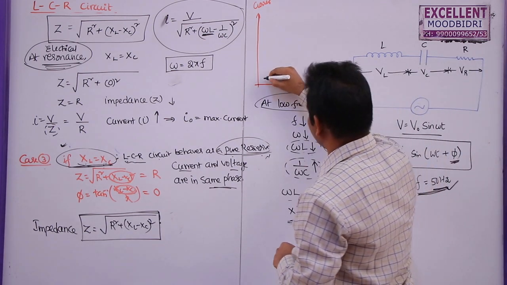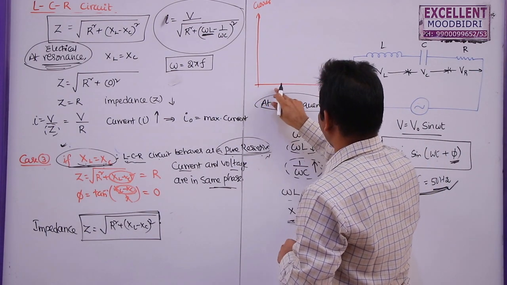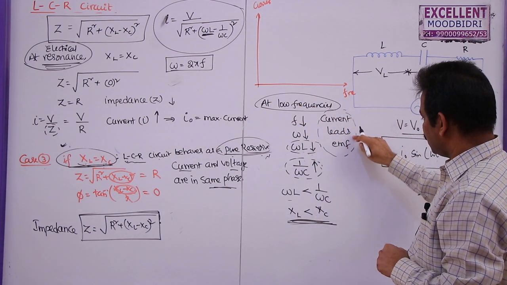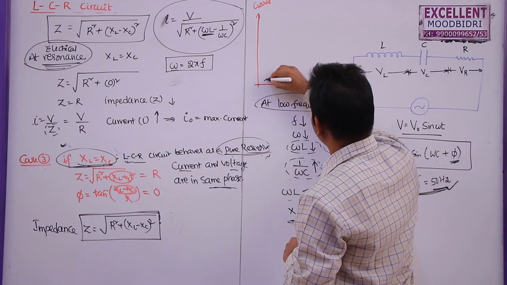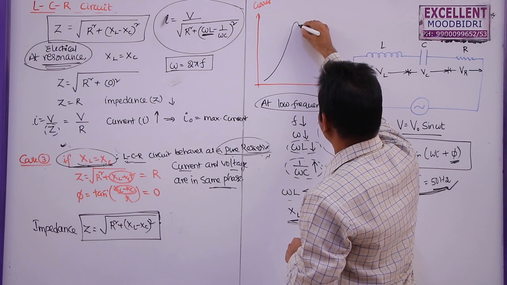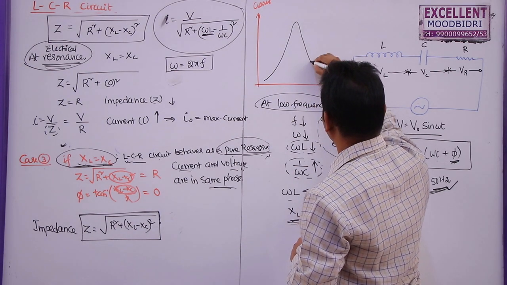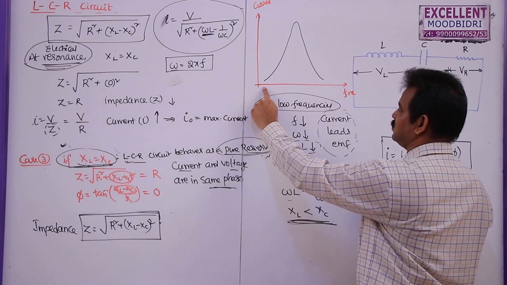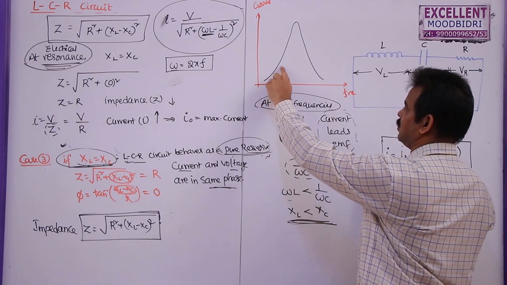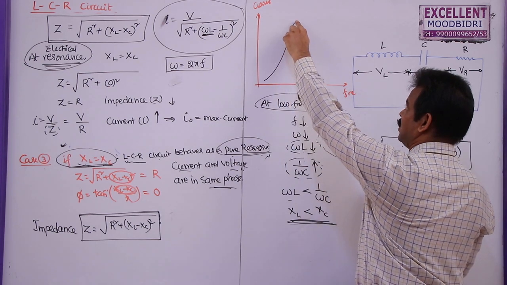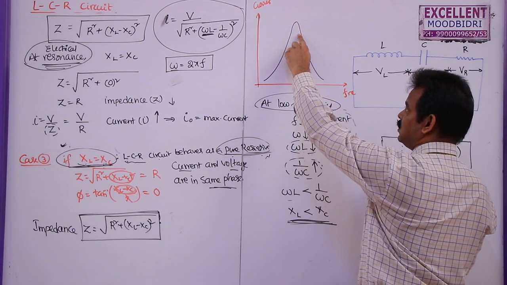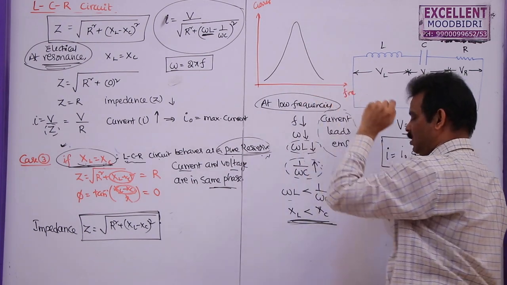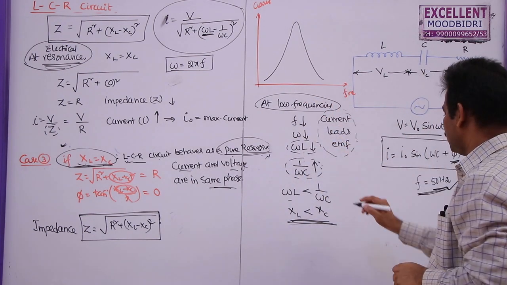So now we can draw the curve here. When the frequency increases slowly, then current also increases. So it will be like this. After that, the curve will decrease like this. So the meaning of this one is, initially when the frequency is less, current gradually increases. Current will become maximum at a particular frequency, and then as frequency increases, current will decrease. Now, this is at low frequencies.